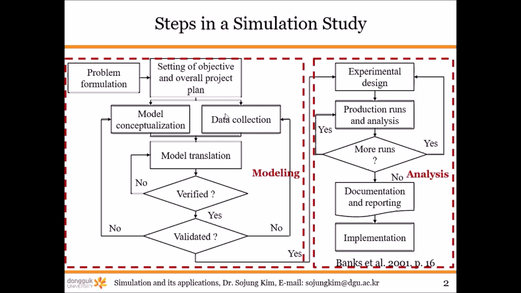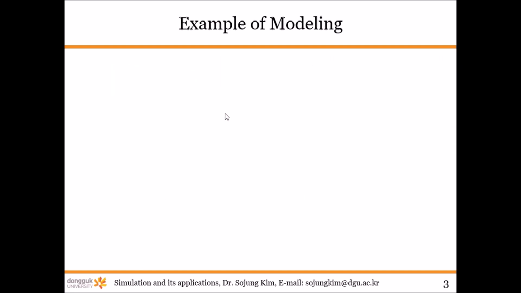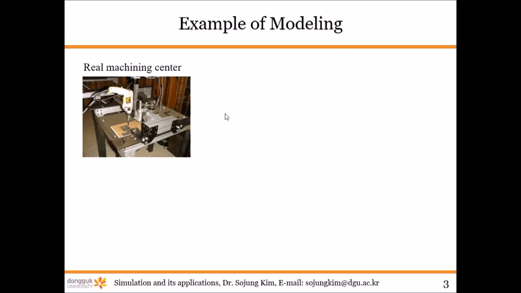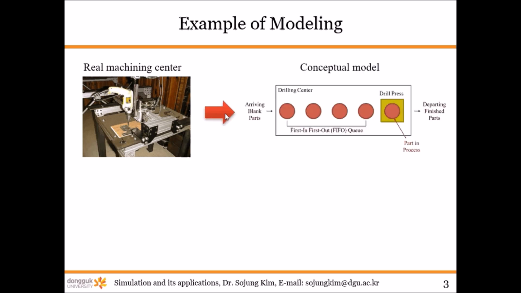And here is the modeling part, and here is the analysis part. Okay, let's look at an example of modeling. Let's say we have a real machining center which only has one machine. Yes, a very simple system. And once you have this real machining center, you need to develop a conceptual model